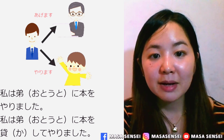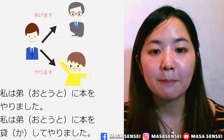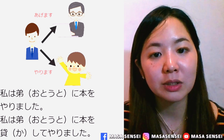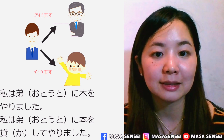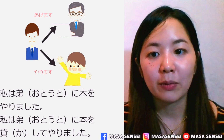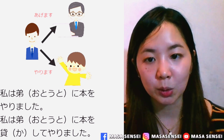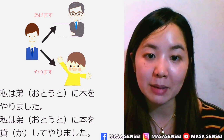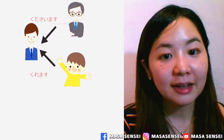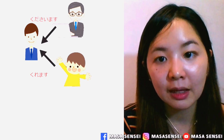So this やります is normally used for inferiors, but mostly men will use this やります and women will use あげます instead. So women would say 私は弟に本をあげました or 私は弟に本を貸してあげました。